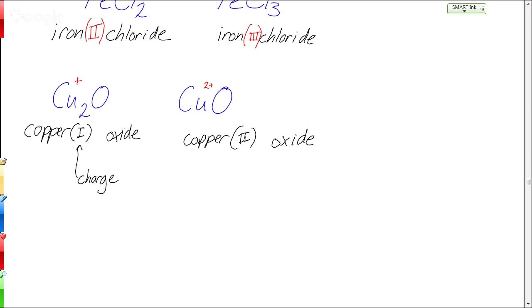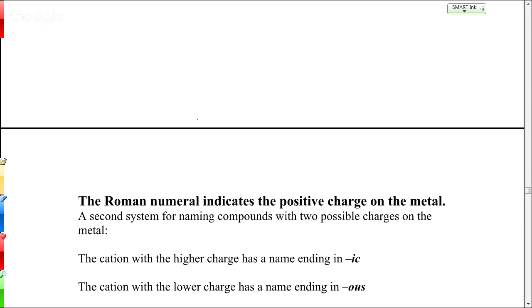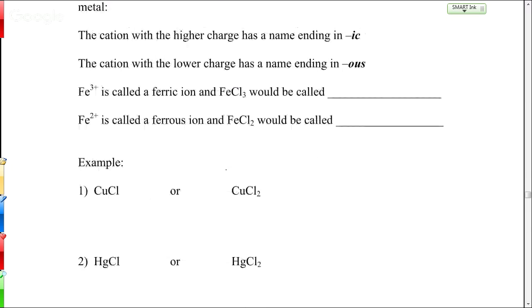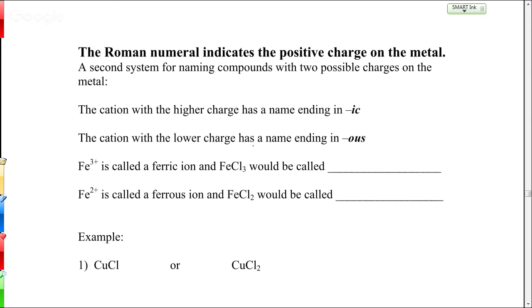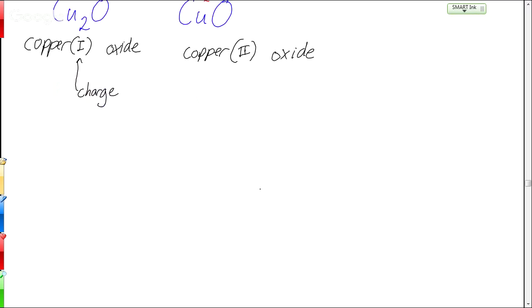The other mistake that I see made on these types of problems is mixing up this type with the other type. Remember, type 1 were compounds where we know the charge of the cation. The charge of the cation is always fixed. Type 2 are when there is a question about what the charge is. There are some tables in the book that I think will be helpful. Oh, we kind of skipped over that. That's all right. We'll get to that in a second.